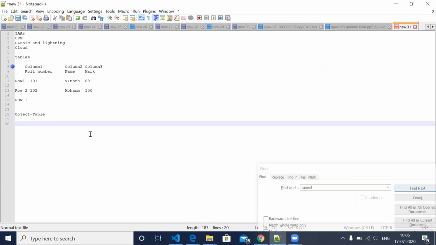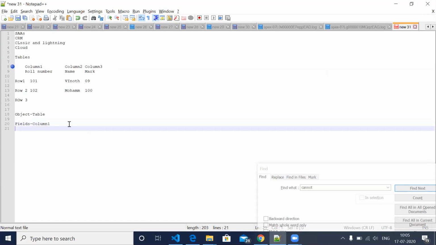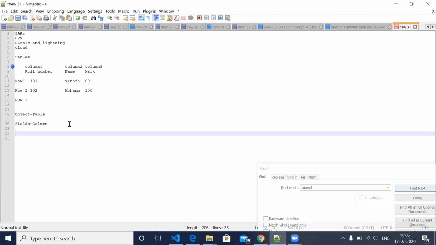And we have fields in Salesforce, which is a column. So if someone says create this field, it means you create one new column in your database. In which object? If you ask me, which table? And we have records. Records means rows.